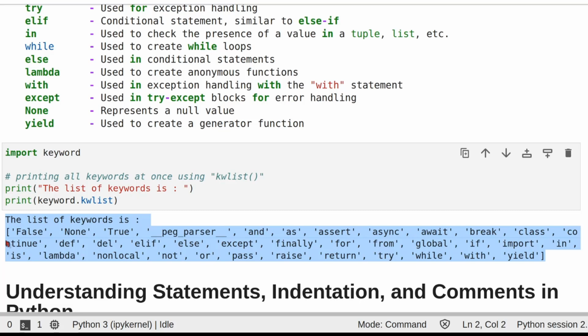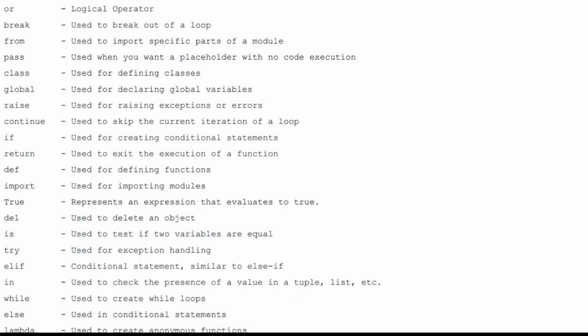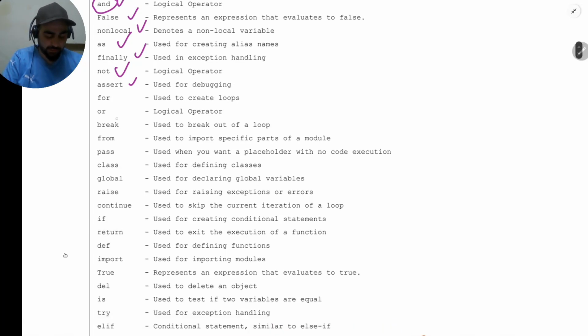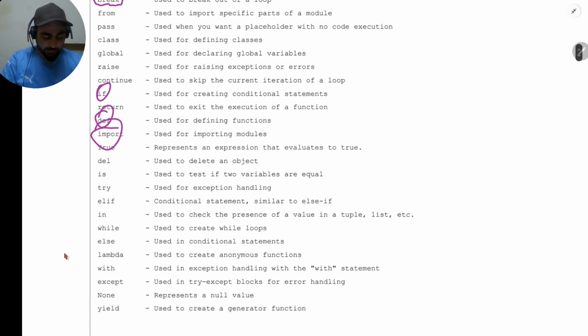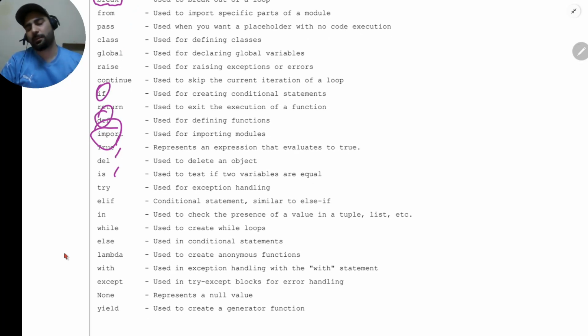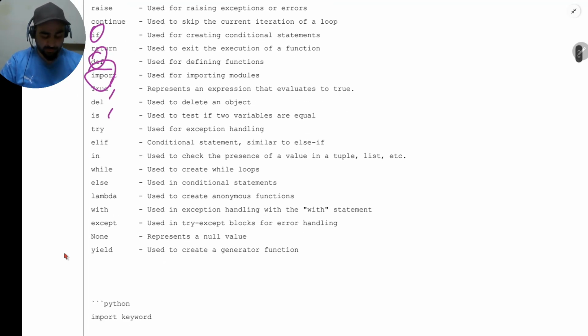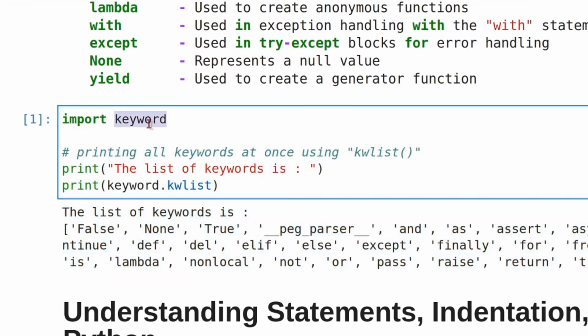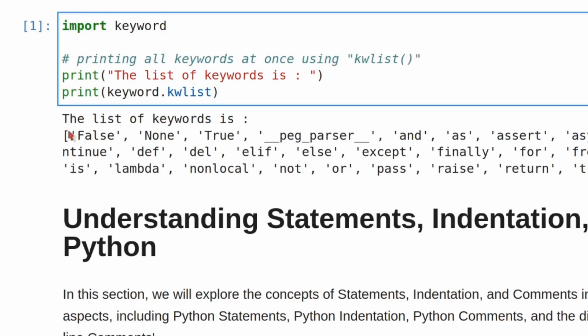When the language was built, the creator of the language assigned specific meanings to all these words. That's what I mean by these keywords. If you see the tab screen that I am sharing again, for example, this AND is an operator used to perform an AND operation between two values. This break is used in loops. The if definition is there, import is there, then we have True, del, is. All of these have specific meanings. While we'll be coding, you will get to know what is the meaning of each. That's why I have shown you the code as well. In the code here, we have a package known as keyword. We imported that keyword and printed all the keywords that are there.